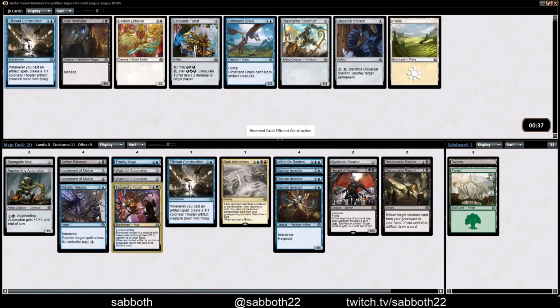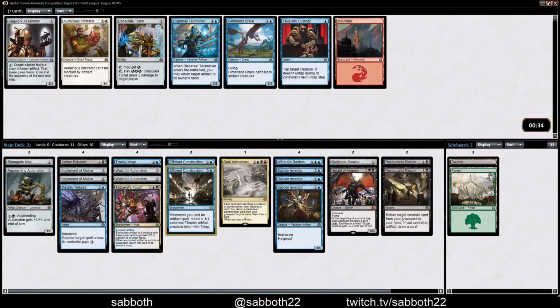Another Efficient Construction. Yeah, the worry here is that we just don't have enough artifacts. But let's see, 4, 5, 6, 7. We only have 7 right now. But I'm going to take it. And then we can just take all the artifacts. So we get